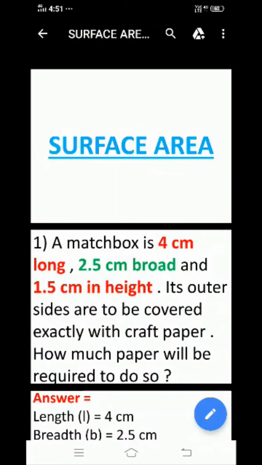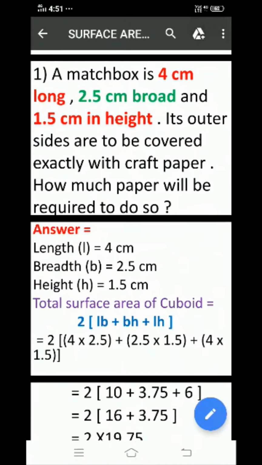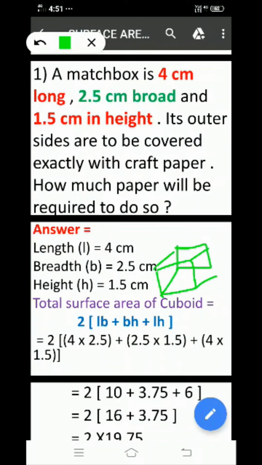Now see, first they have given you the matchbox. You know the matchbox is like a cuboid shape. This is the length, this is the breadth and this is the height. Already I explained you this concept in my previous video. Now see,